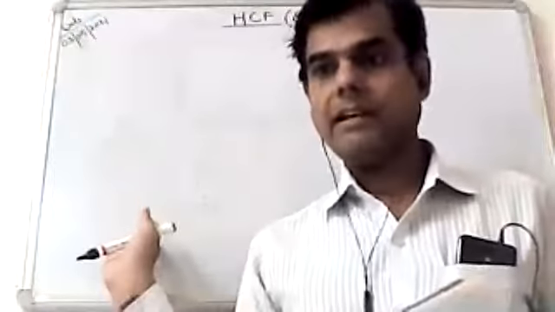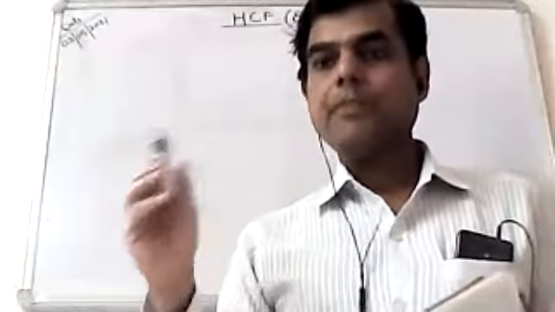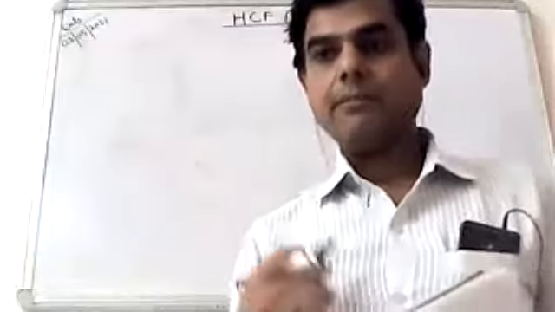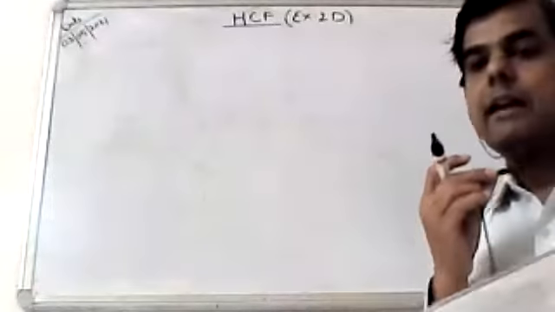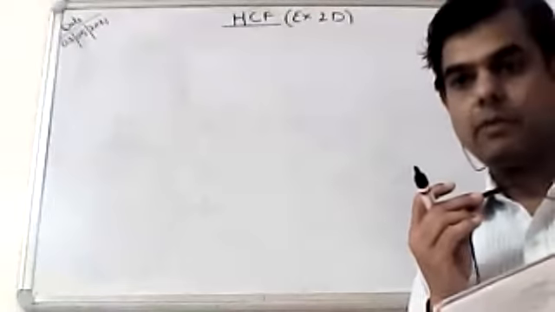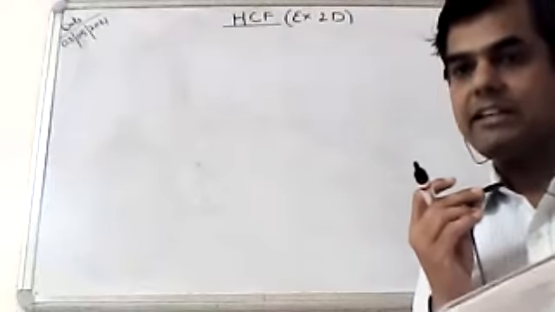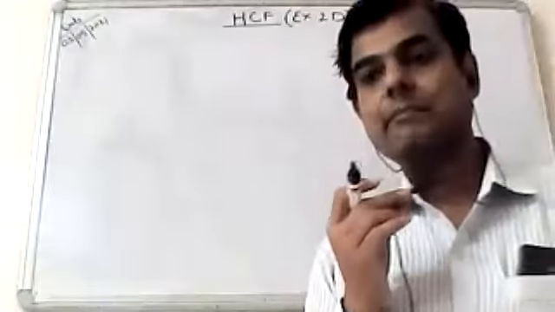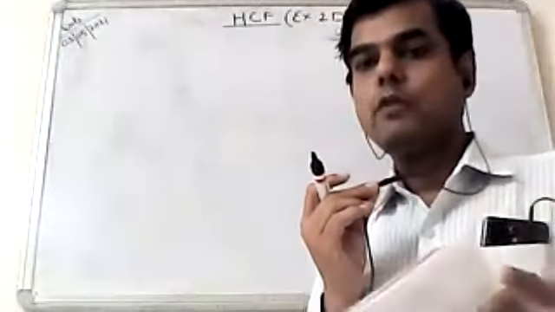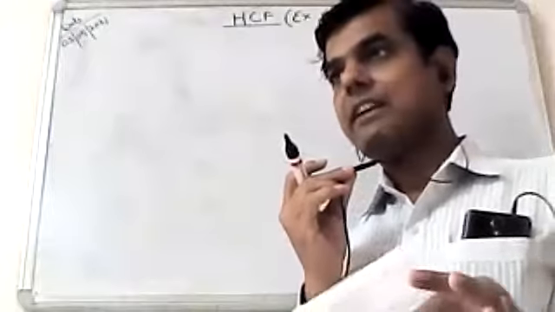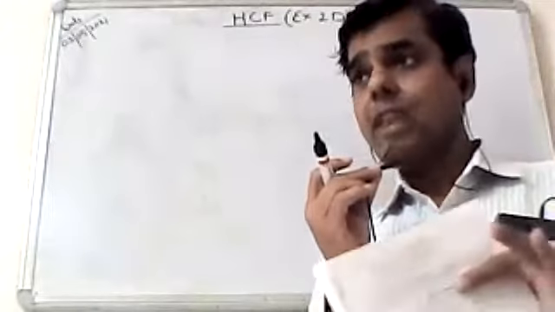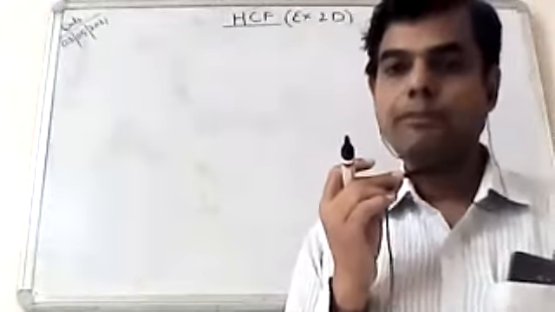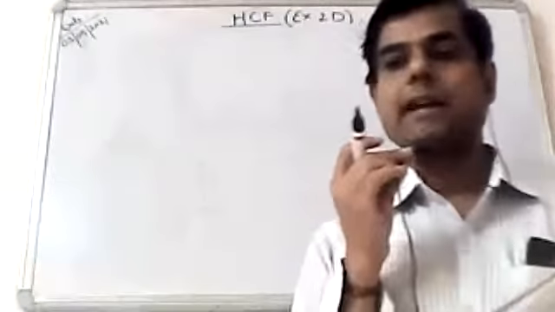Now we will understand later about prime factorization. I'm taking again 1 question for HCF by prime factorization. Children, I repeat again, there are 2 ways to find the HCF. First method is the prime factorization method. If the question says find the HCF by prime factorization, you have to do it by the prime factorization method. And if the question says find the HCF by the division method, you have to do it by the division method.